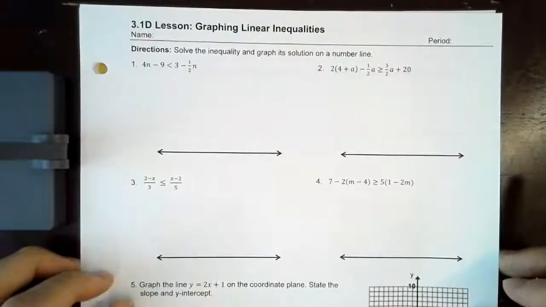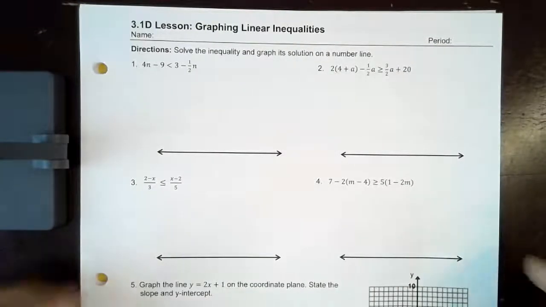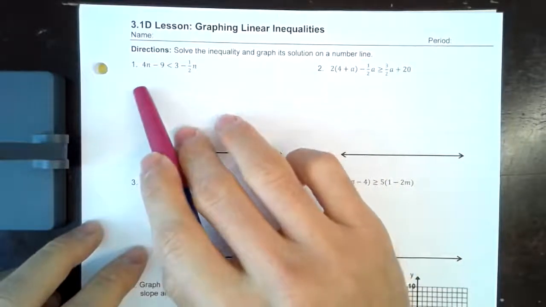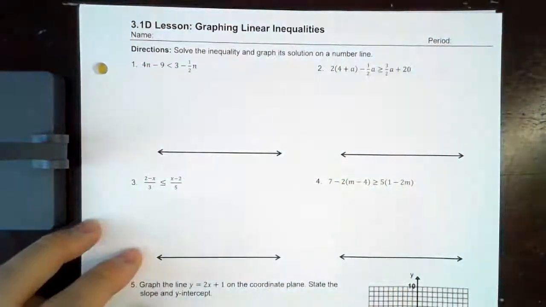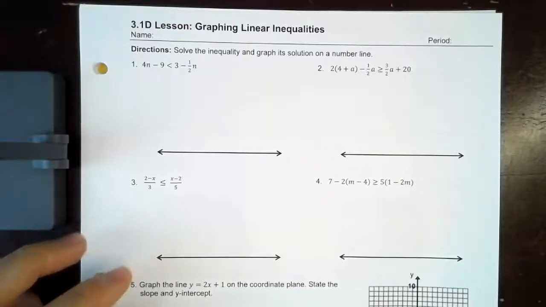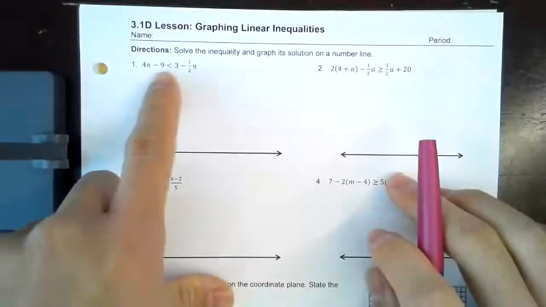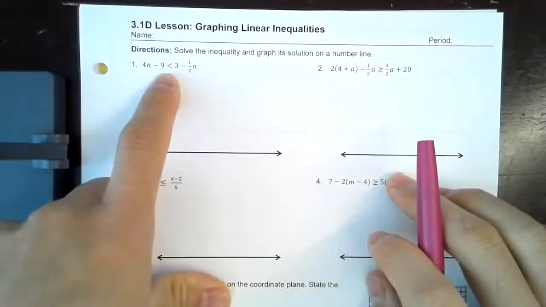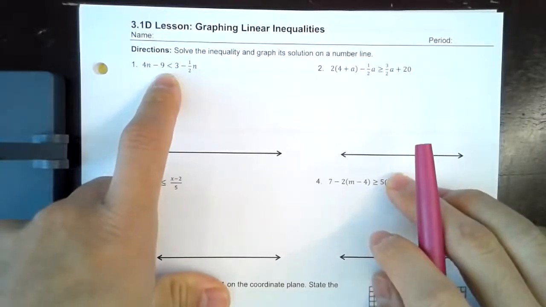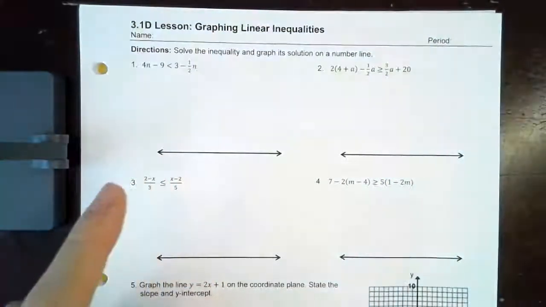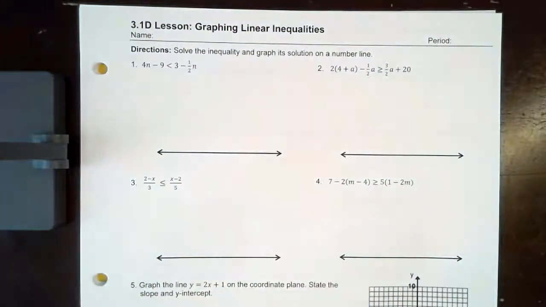Okay, just like we've been solving equations, you always want the variables all on one side. You always want the constants on the other side. And obviously, we remember the rule of if you ever multiply or divide by a negative, you must switch the inequality sign. Okay? So there are tons of routes that you can go whenever you solve these inequalities, but I'm just going to go with the route that speaks to me